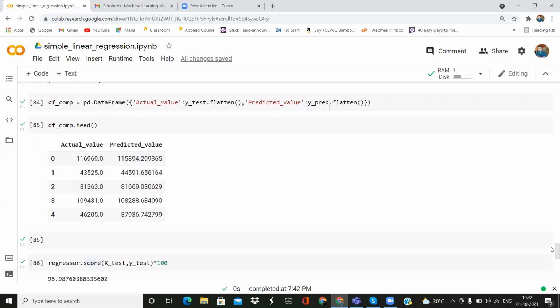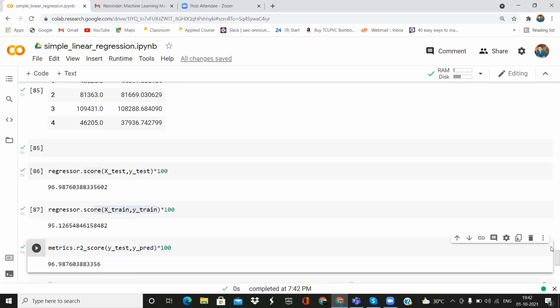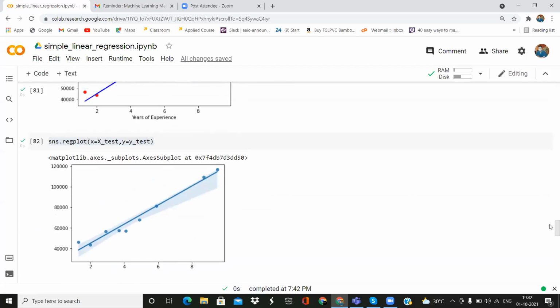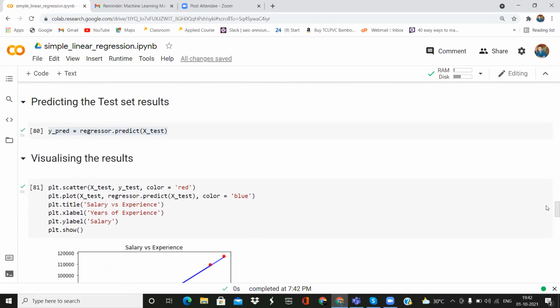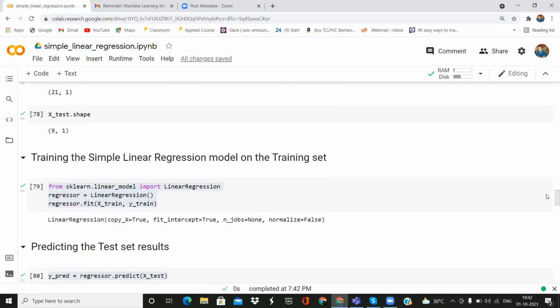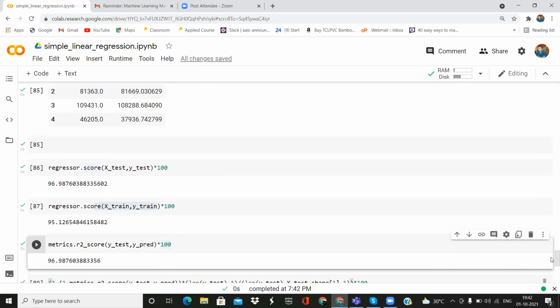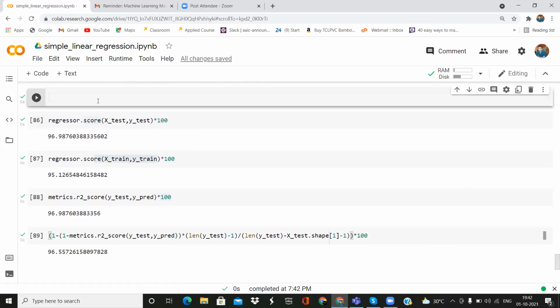I think it's running. Where did I import it? Never mind. You just have to import your matrices library.